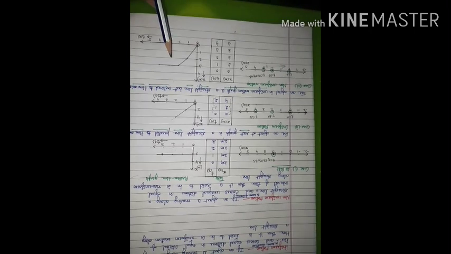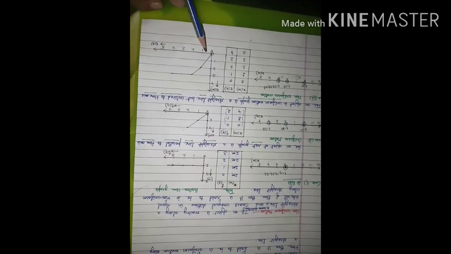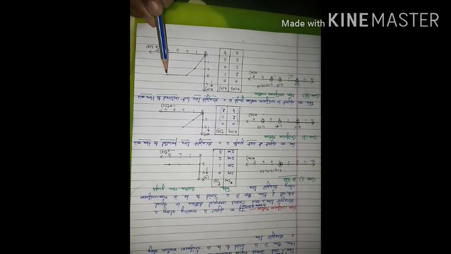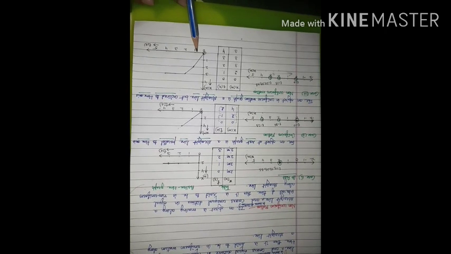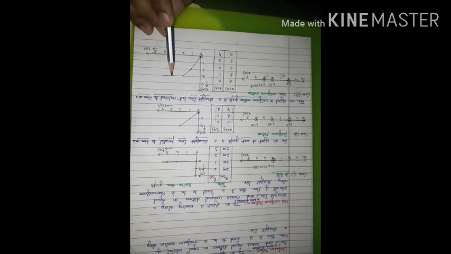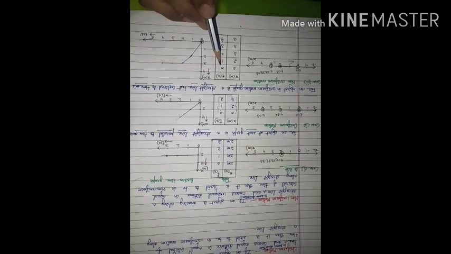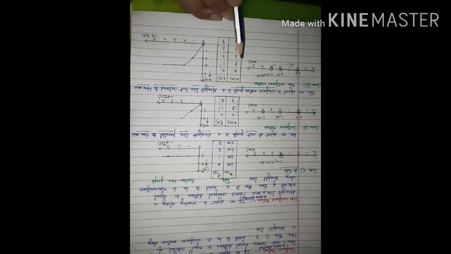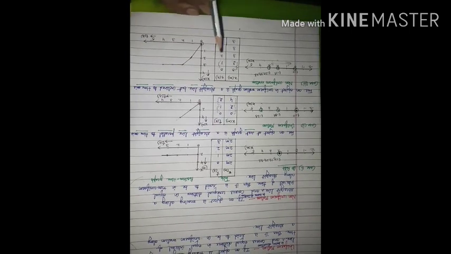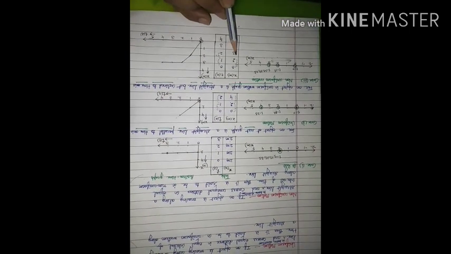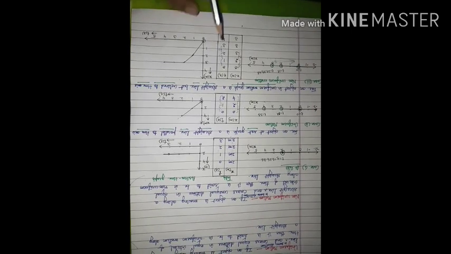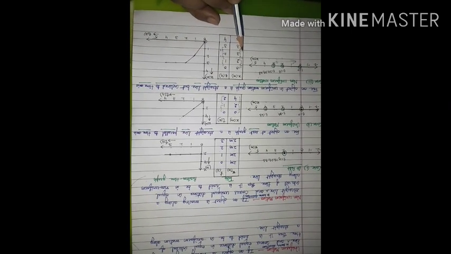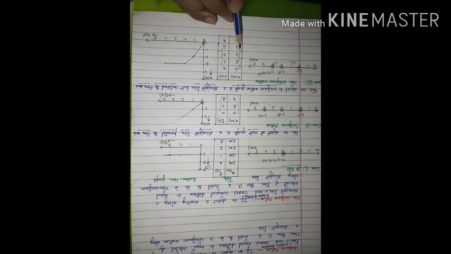So when you draw the graph, it will come out to be like this. This is a straight line parallel to the time axis. It means this is a state of rest. This is a 1 second time interval. Here the distance covered is 2. Then in the next 1 second time interval, the further distance covered is 1. In this 1 second, there is no change in position. Distance covered will be 0.